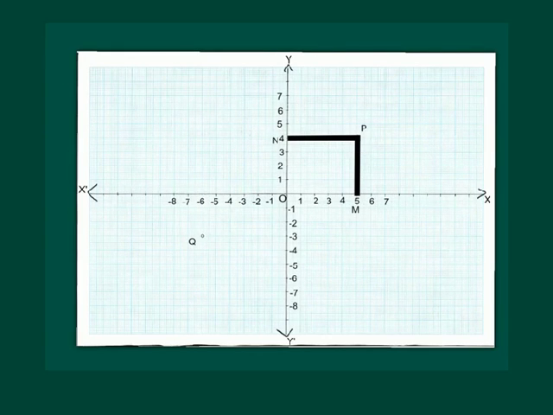So our point P will have two coordinates, x coordinate and y coordinate. In general, we write it as this,